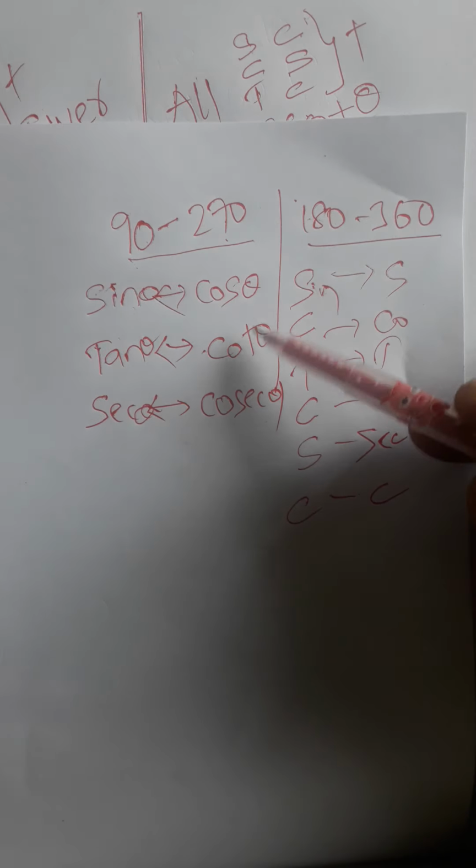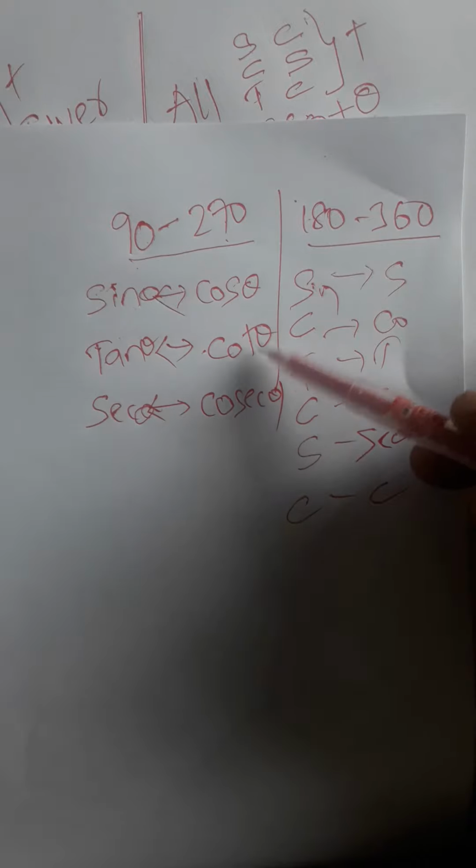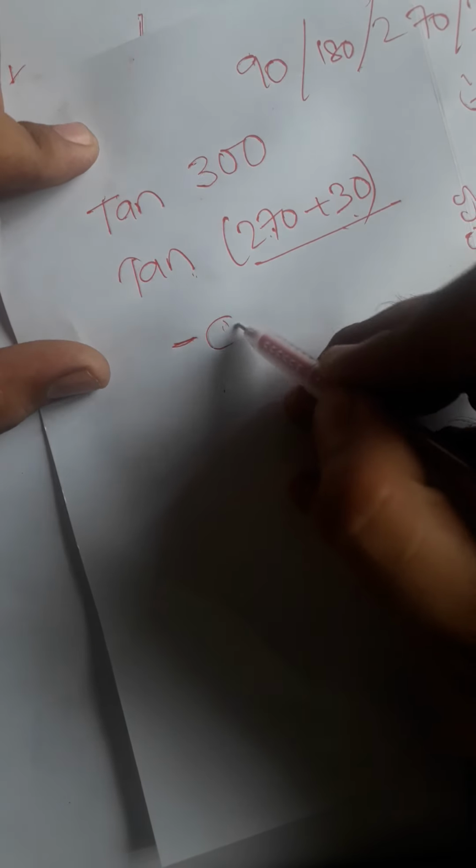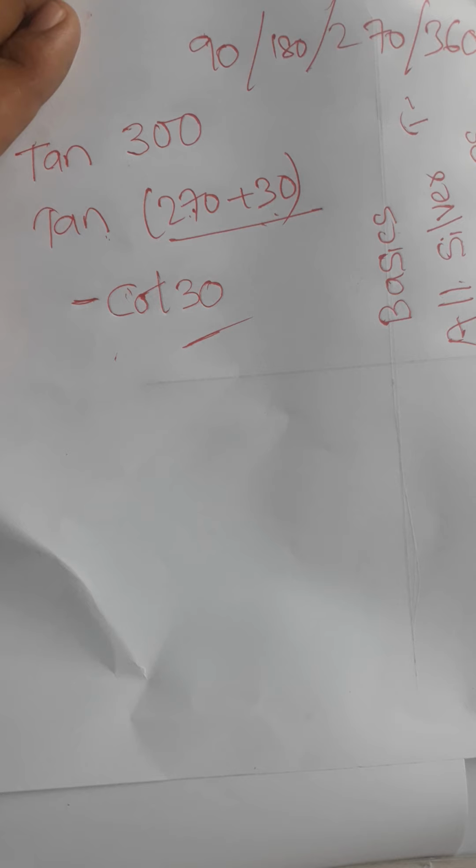Okay. In the same way, 270 plus theta is there. At 270 does the value change or not? Yeah, we have written here, no? At 270 it changes. Tan changes to cot. So here tan will become cot theta. Theta is 30. So it's the basic of how we have to use the quadrant table of all silver tea cups and how the values change. Hoping that you have understood.